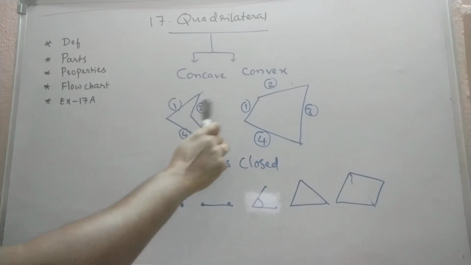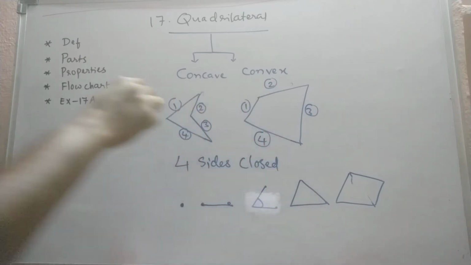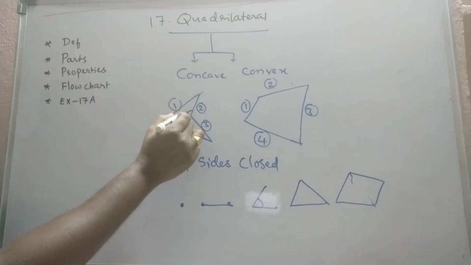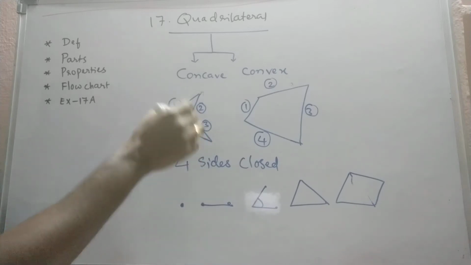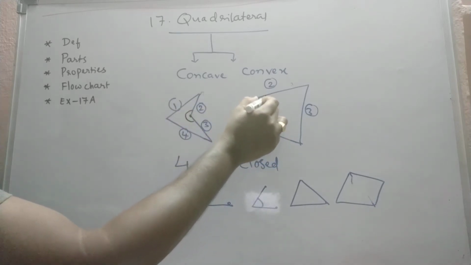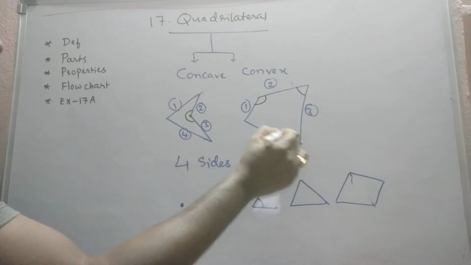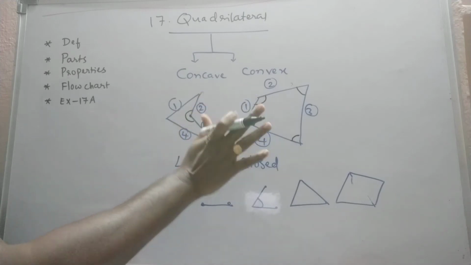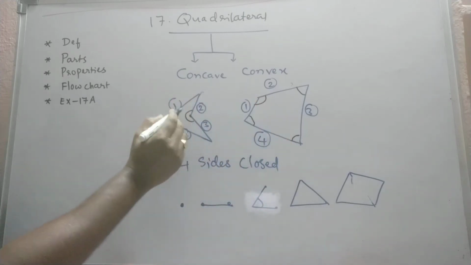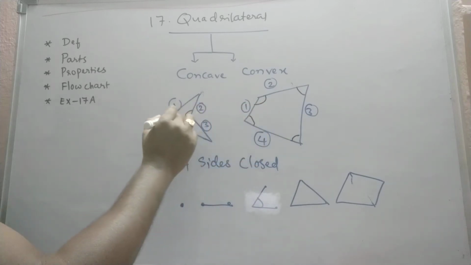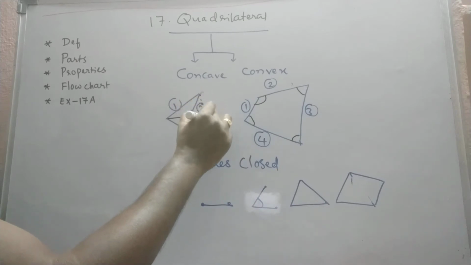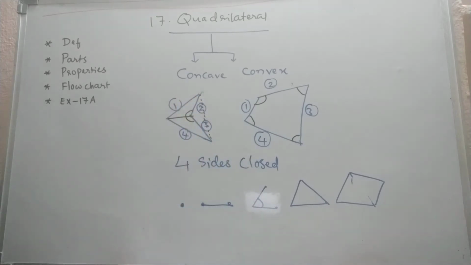Now what do you call this quadrilateral and this one? It depends on first observation. Here one angle is greater than 180 degrees, and here all angles are less than 180. Every angle is less than 180. It may be 170, 120, or 130, but definitely less than 180. And if I start drawing the diagonals, in one I can draw only one diagonal inside, and the other diagonal comes outside.